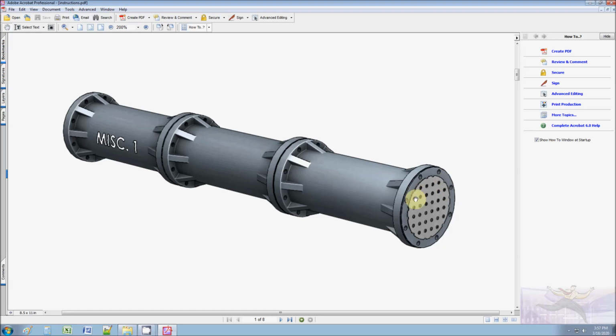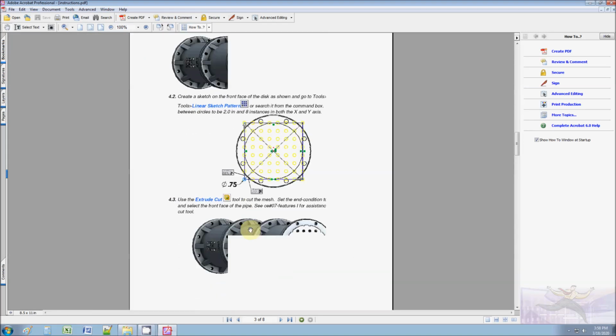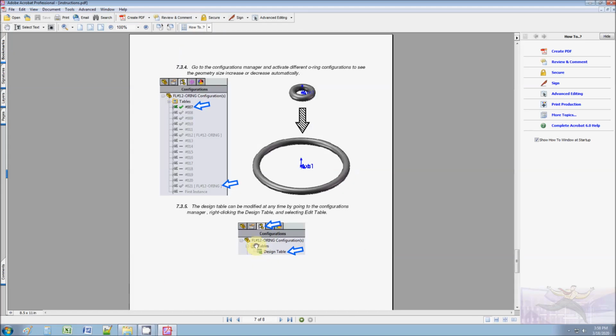As you can see here, this is a linear pattern. You see that? Whereas the ribs are a circular pattern. I'm going to show you circular patterns and linear patterns on sketches, on features, and on parts, on components. So three different ways, okay? That's going to be the first part of this tutorial. And then after that, I'm going to talk about